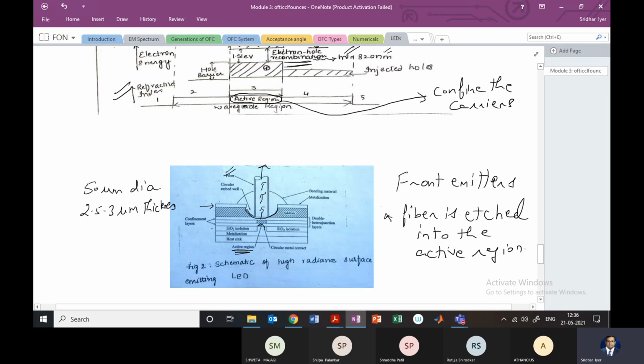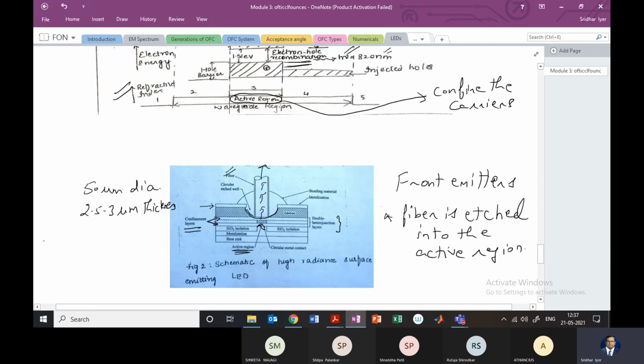You can also see that where the active region is, this part here, you also have what are known as the confinement layers. So these two layers are the confinement layers, and this is where your carriers are going to be confined, and on the other end you can see is defined the double heterojunction structure, which we saw earlier, right? So here we'll see a little later during quantum efficiency derivation that for this kind of